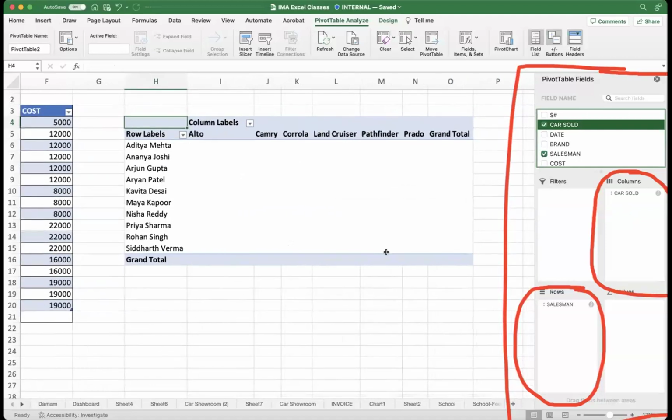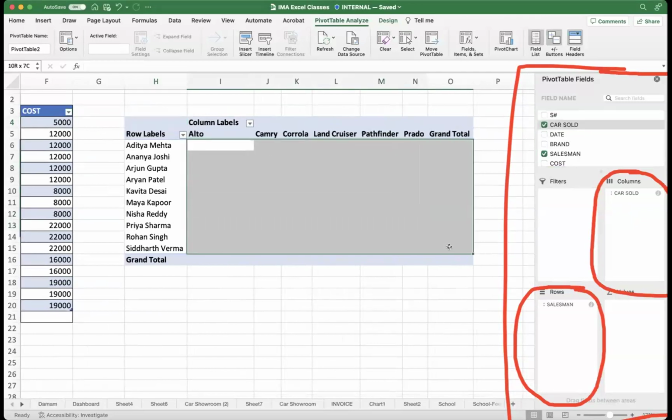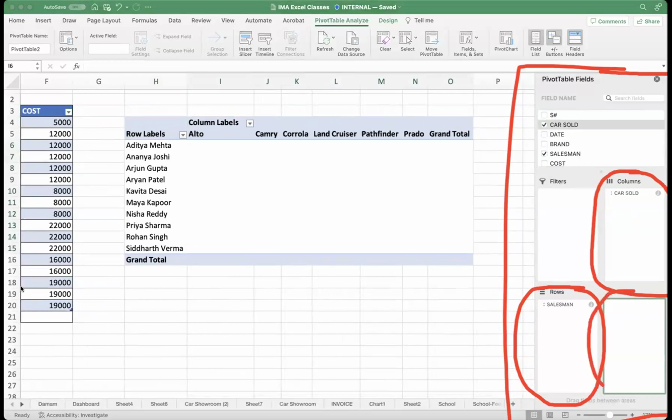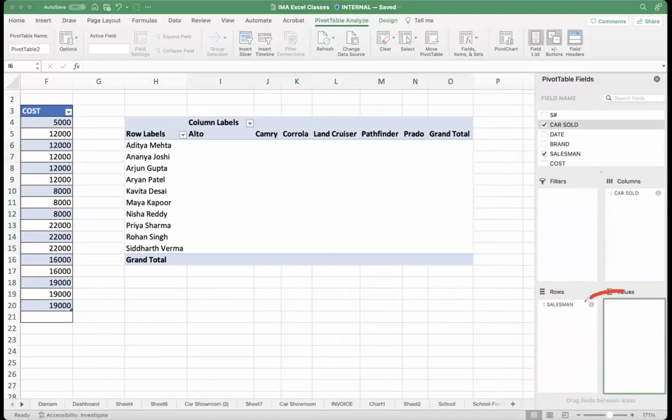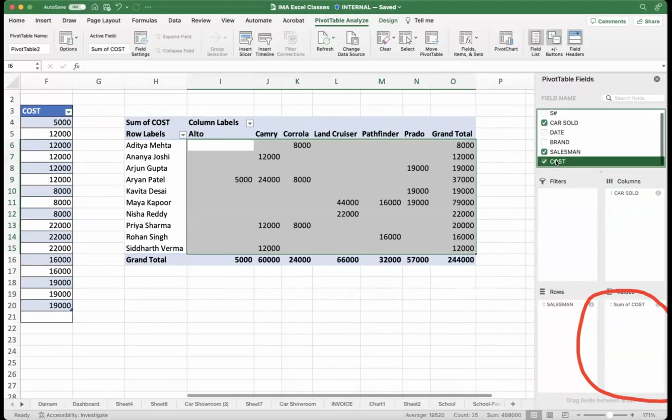कॉलम में, रो में जो है सेल्समैन का डेटा आ गया, कॉलम में जो है कार्स का डेटा आ गया। ठीक है। अब जो एक्चुअल डेटा चाहिए, वो यहाँ पे है। ये जो एरिया है, दिस इज कॉल्ड वैल्यू एरिया। वैल्यू आपको क्या चाहिए, मुझे चाहिए कि जो उसने सेल किया, कॉस्ट, वो वैल्यू में चाहिए। तो मैं जैसे ही क्लिक कर दिया, उसने